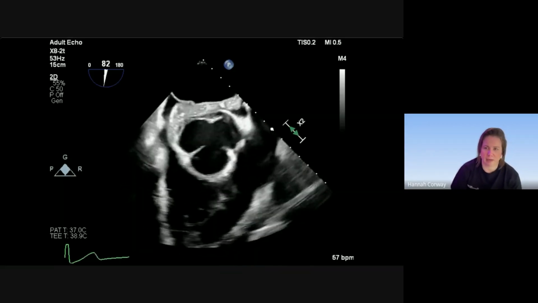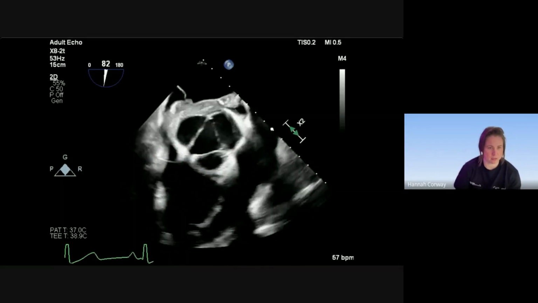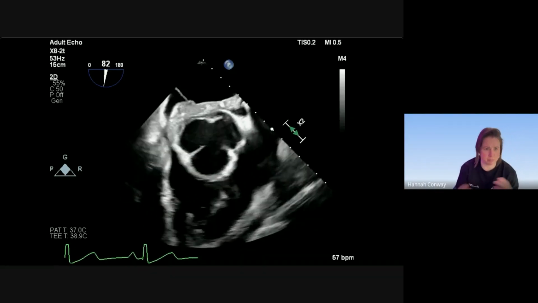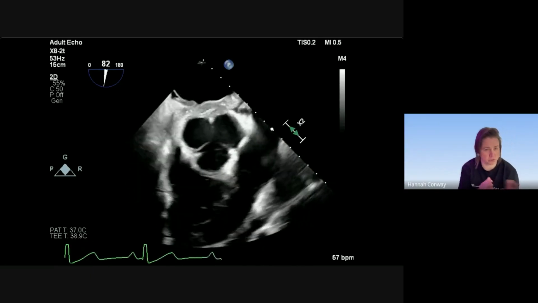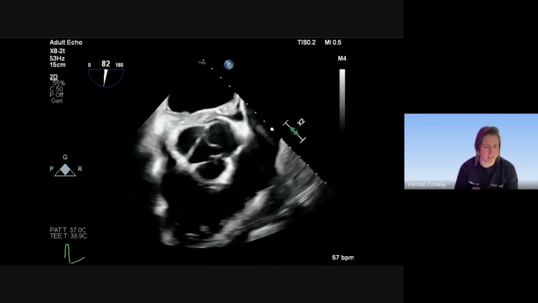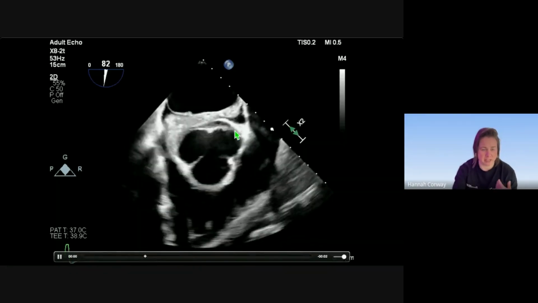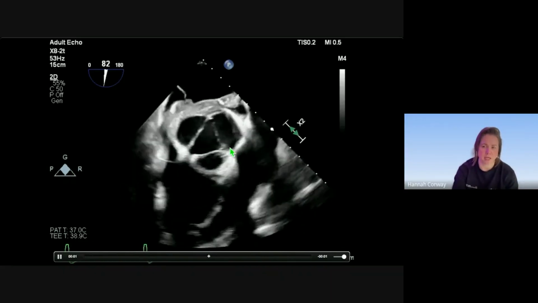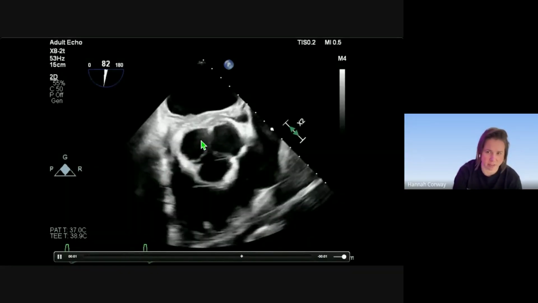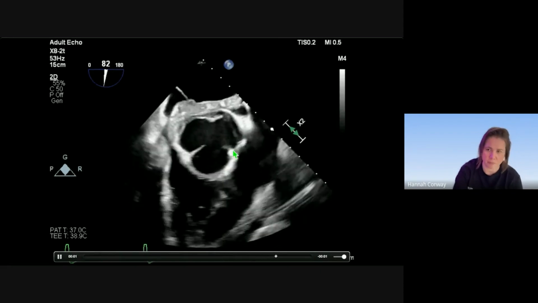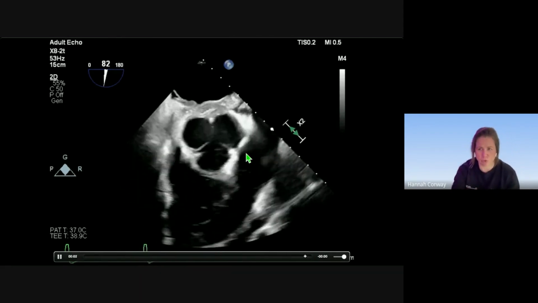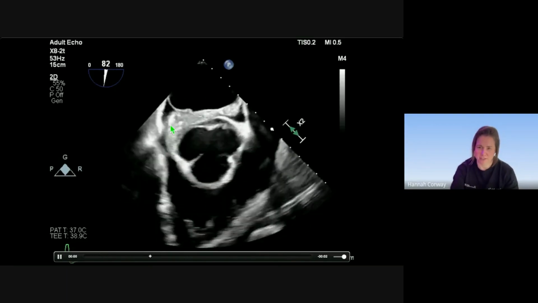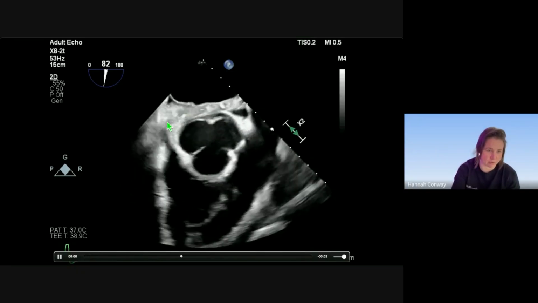RV inflow-outflow view, really important. Morphology, particularly when you know the patient's had a dissection: is it that morphologically they've got a bicuspid valve with a coexistent dilatation? Is this patient going to need a valve replacement at the same time as having a root replacement? And actually, this patient had an intact trileaflet valve and didn't require a valve replacement, which is obviously better for the patient. And you can see now very clearly where that thrombus is around